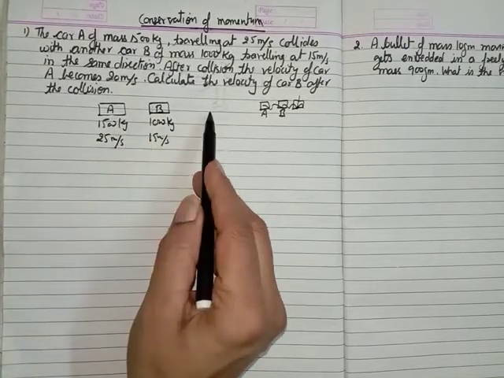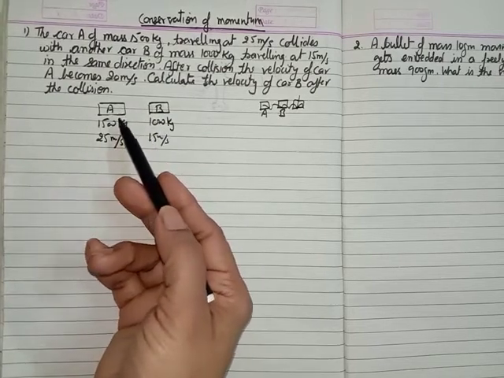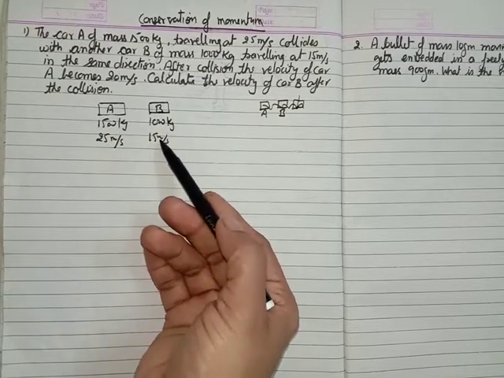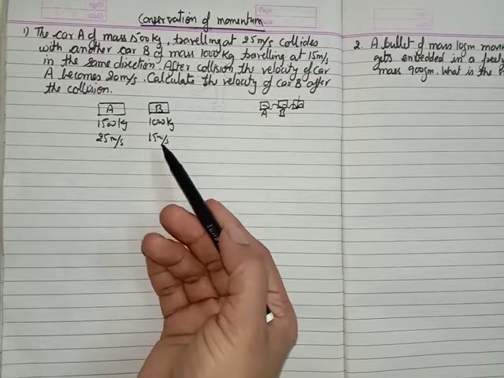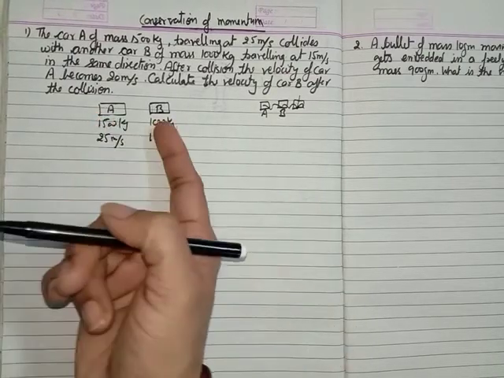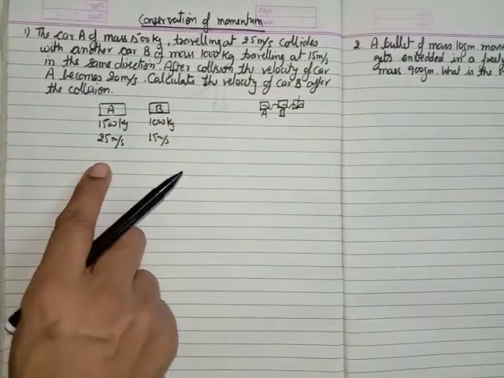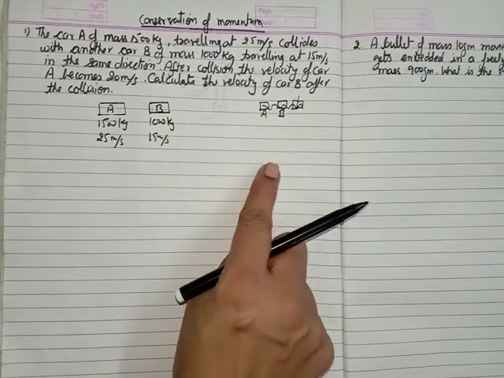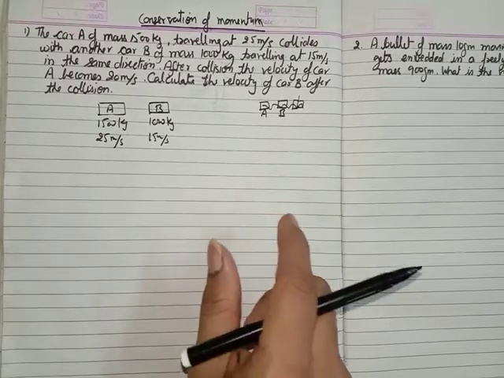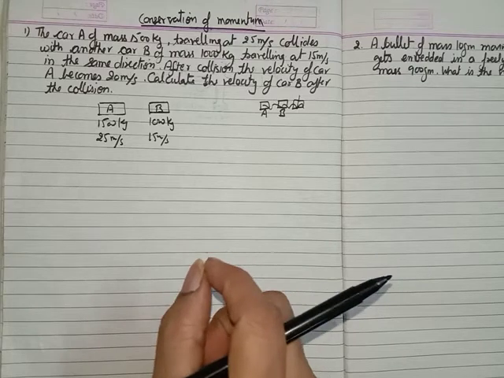If they're moving in the same direction, and you represent the velocity of the first object by a positive sign, then you also have to represent the velocity of the second with a positive sign. Or suppose they are moving in different directions, with one coming from this side and object B coming from the other side. If you represent the speed of this object by a positive sign, then you have to represent the speed of object B by a negative sign. Since velocity is a vector quantity, we have to show it using the sign.